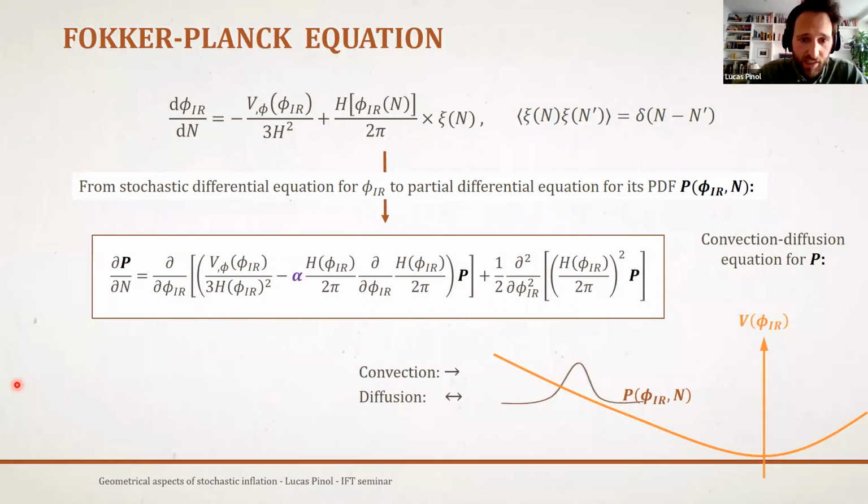So we are back to this small animation. What convection does, well, it pushes the center of your PDF towards the minimum of the potential. And what is the diffusion doing? Well, it just spreads your PDF to larger values, allowing for more exotic values of your infrared fields φ. So this is why you will be able to describe, for example, very large values of your infrared fluctuations with this stochastic formalism, which you could not do in the context of cosmological perturbation theory, because you were always expanding in a very close neighborhood of your classical trajectory.